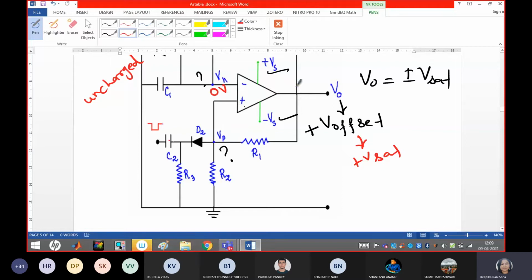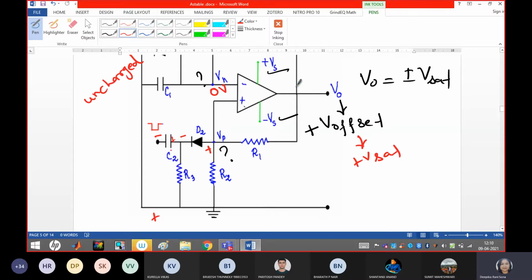Because of this circuit arrangement, here I have a capacitor. Some authors do not use this capacitor to explain, they just take the help of the diode D2 to explain the concept. Because we are going to apply a negative triggering pulse here, this part will become negative and this part will become positive. As this is positive, the voltage appearing before this diode at the positive side of the diode is positive, and this part is negative, right?